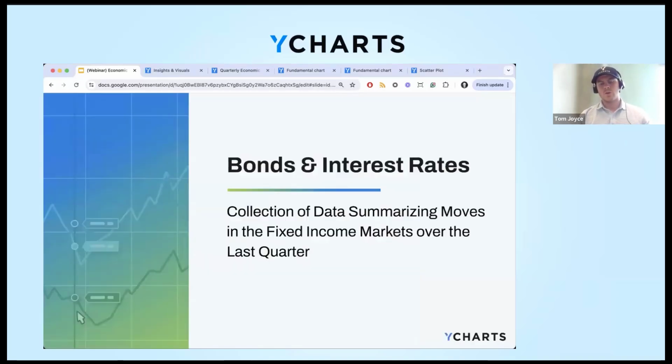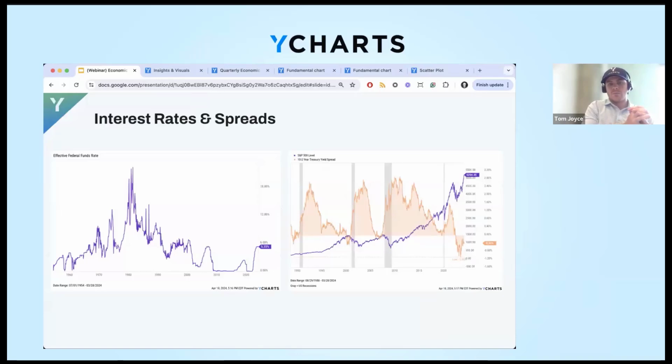All right, so we'll pause there and we will shift into bonds and interest rates. So looking at interest rates and spreads. On the left-hand side, we've got the Fed funds rate, and then on the right-hand side, we're looking at the S&P versus the 10-2 Treasury yield spread. Now, on the left-hand side, we've got the effective federal funds rate,